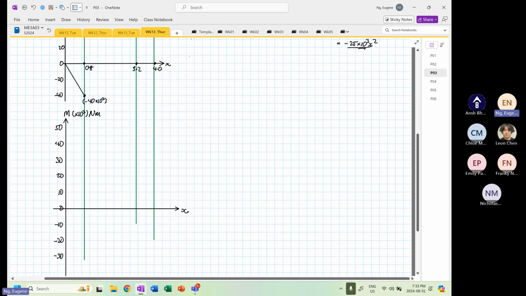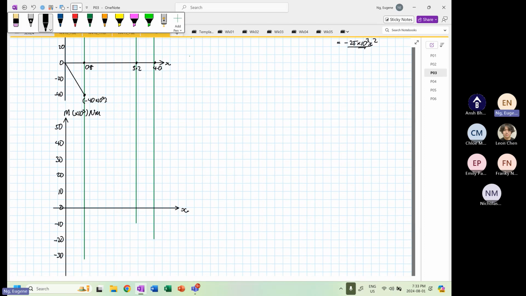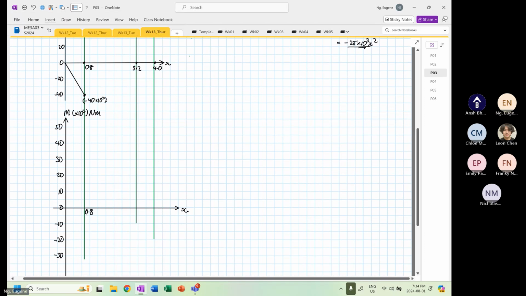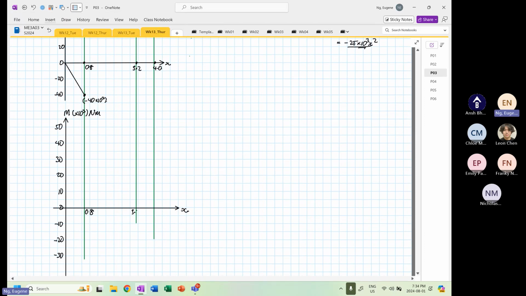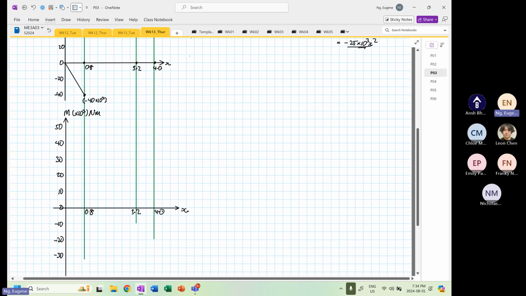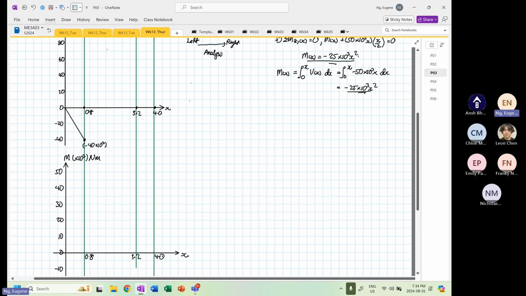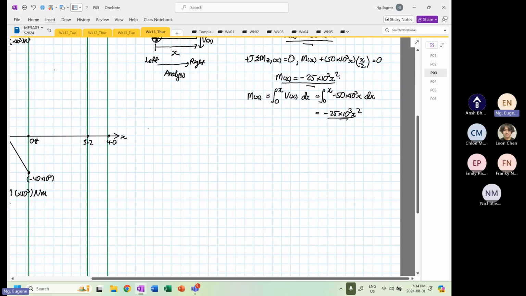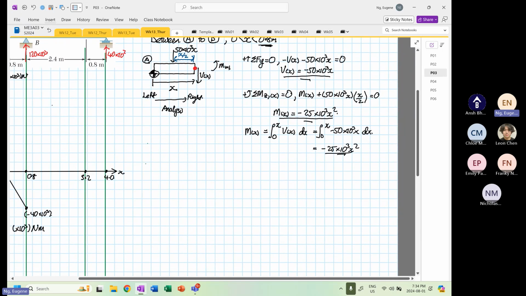So this is our 0.8, 3.2, 4.0. So we know by looking at the bending moment diagram or bending moment equation,